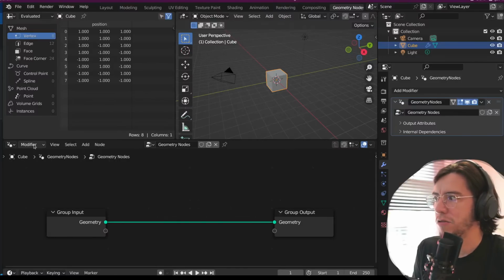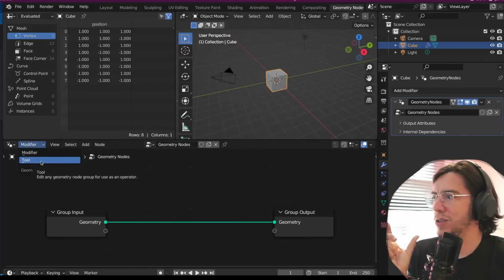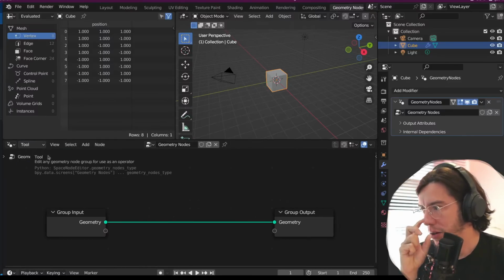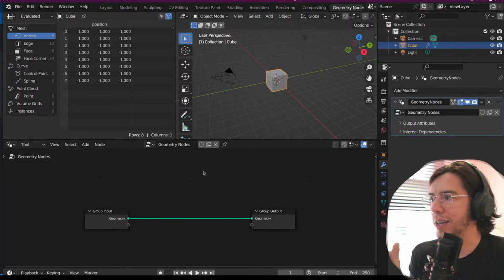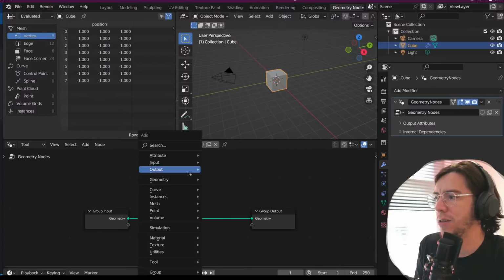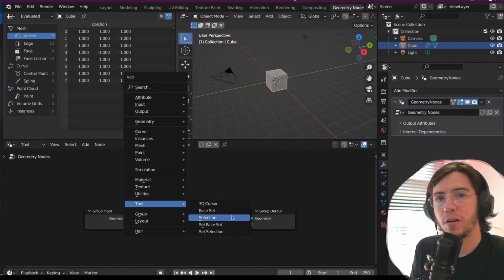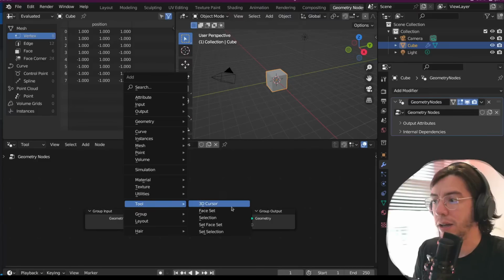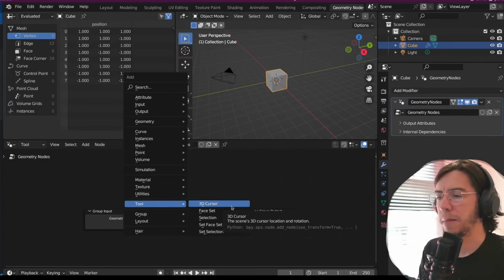However, there is a new drop down next to the geometry node, the editor picker, which you can change to tool, and that shows the nodes that are for tool. And once you're here, you can actually add new tool, and you have a few new nodes that are only shown,